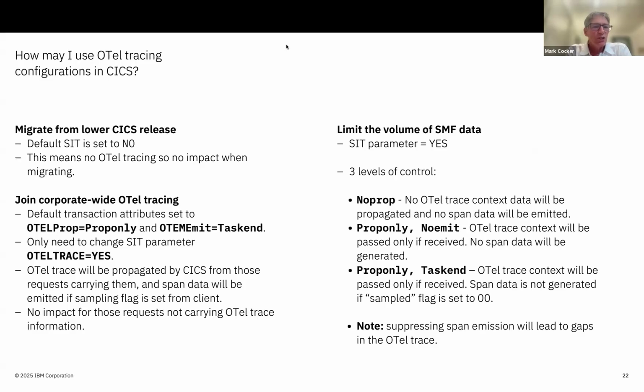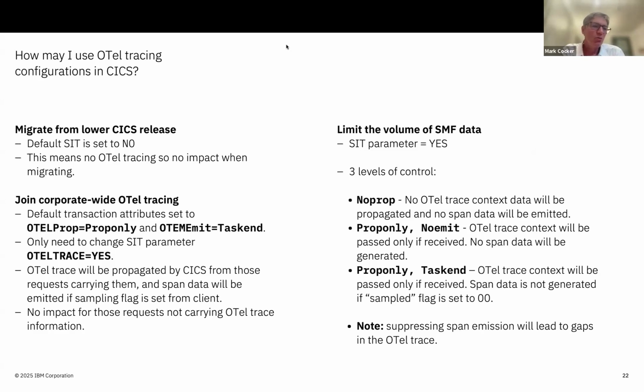Okay, so this is really just summarizing the use cases. You can imagine if you're upgrading from a lower release of CICS, you would have the SIP parameter set as NO, and you wouldn't get any OpenTelemetry information processed in CICS.